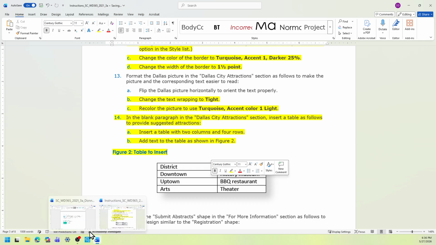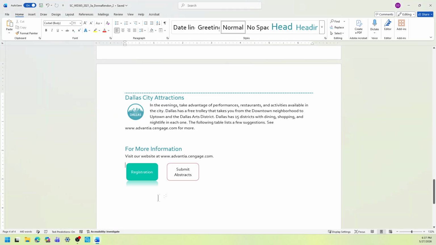Okay, back to the start file. So it says we need to insert that in the blank paragraph under the Dallas City Attractions. So there's a blank paragraph here. That's where we're going to insert the table.